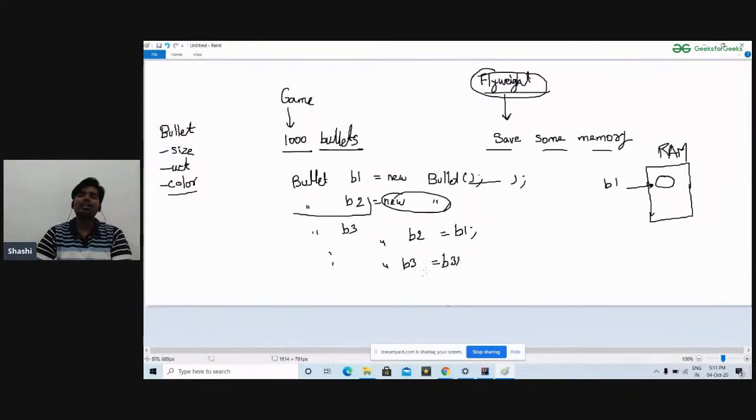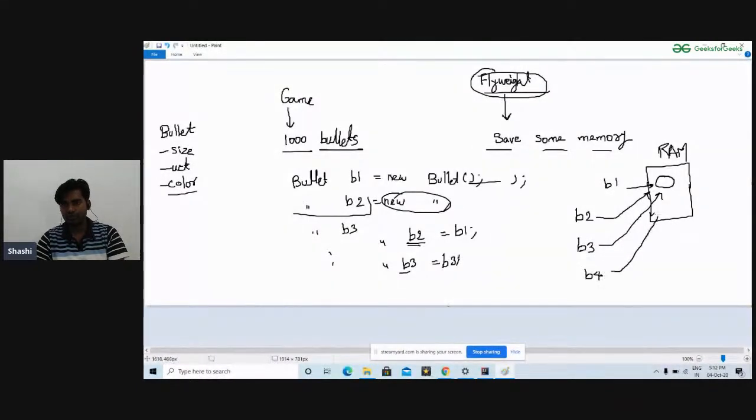So here, of course, we'll have these 1,000 bullet variables. Of course, you can store them in an array or in an array list. You can store them anywhere. But the idea is we will have 1,000 variables for bullets. In a way, we'll have 1,000 bullet objects, but all of them will be pointing to the same memory location. B2 will point to the same memory location, B3 will point to the same memory location, B4 will point to the same memory location. So in RAM we are allocating the space for only a single object,